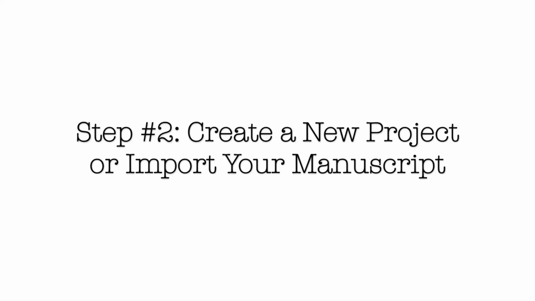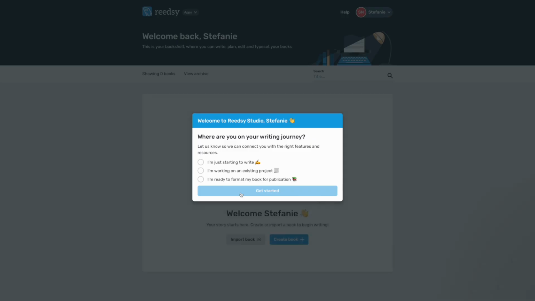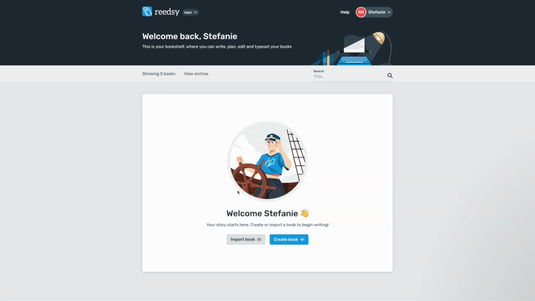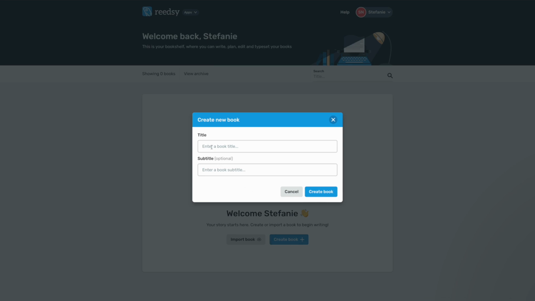Step 2, create a new project or import your manuscript. You can start from scratch or import an existing manuscript from Word or Google Docs. To do this, click on Create a New Book, give your project a title. If you already have some content, you can import your manuscript as a docx file, and Reedsy will automatically format